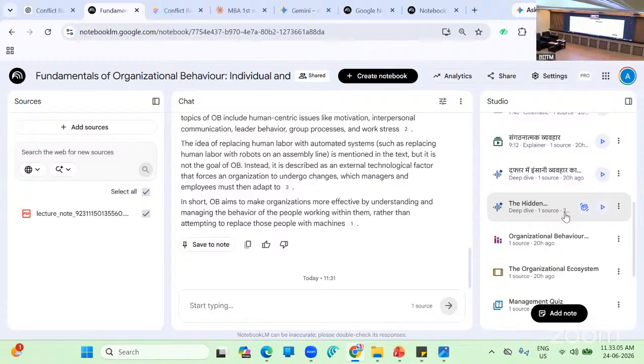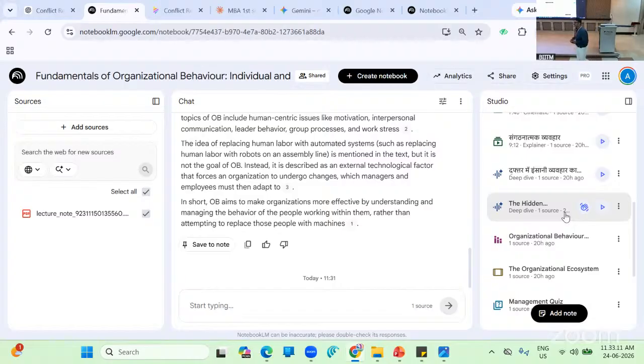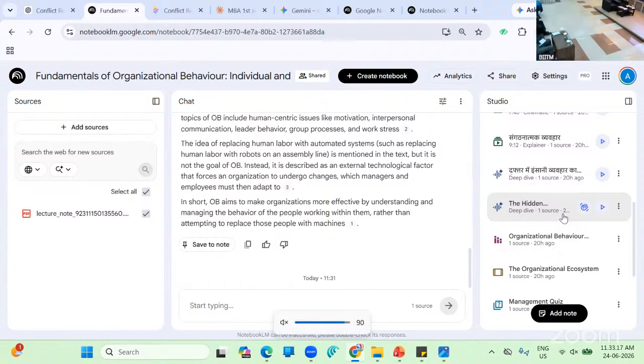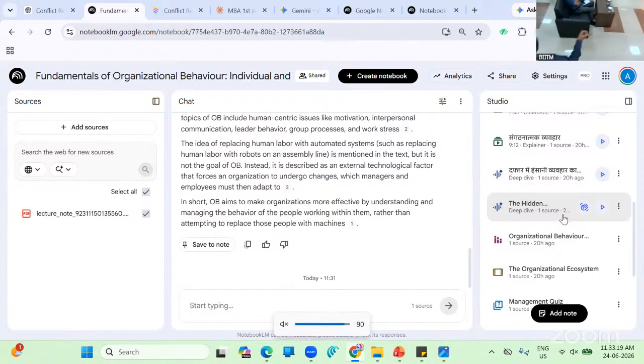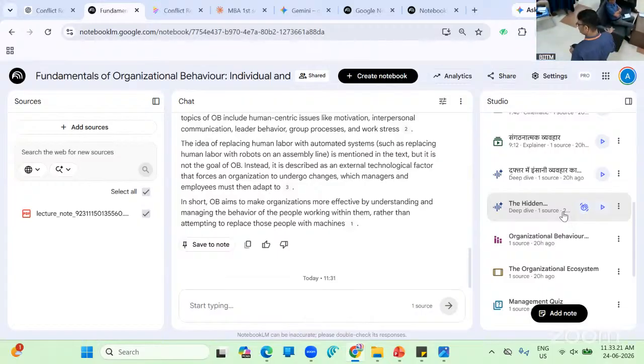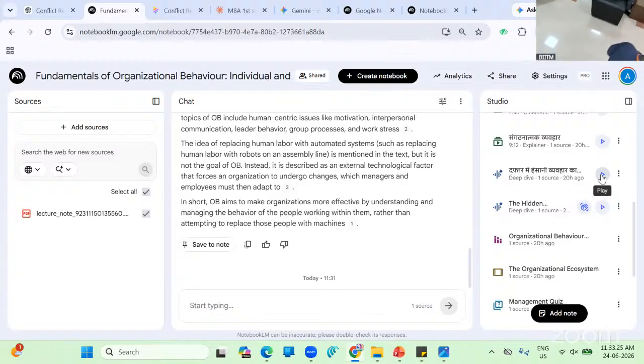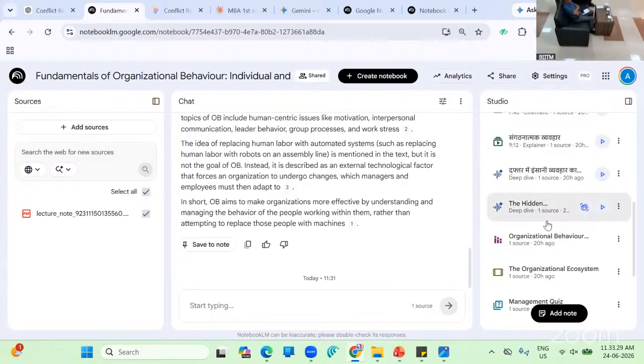That we have generated between two AI persons, they're discussing that topic. And what is the advantage of this? While listening, I can also get the entire summary of the topic, and it can be generated in Hindi as well, in Odia as well. But in English there is another advantage. You will be able to see a sign of a hand,